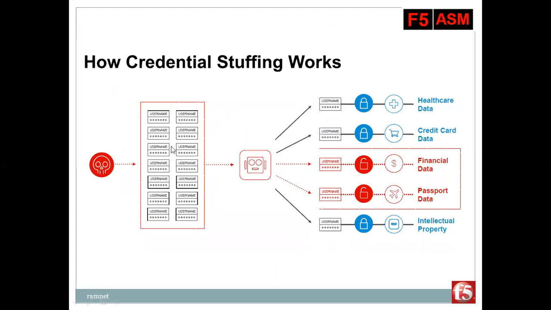The person is attacking this completely, and it goes like healthcare data, credit card information, financial data, passport data, intellectual property, everything. Intellectual property, in the sense of all the research and development that has been done in your company, they'll go and pick up all that information. It is called IP, intellectual property. Passport data is like how many persons have gone and where they're going, where they're coming from, what their information is. A passport contains every other legal information. So this is how things are happening.